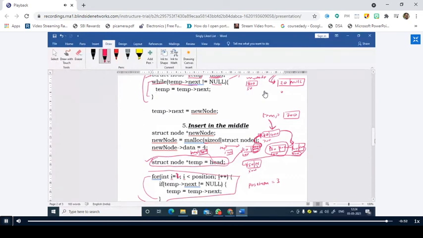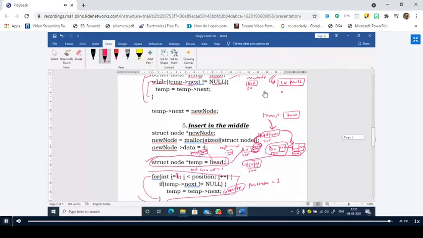Assume that there exists a count, int count is equal to 1. So at each and every step when you traverse, when you move the temporary pointer to the next one, you just make it count plus plus. And when you exit from the loop, you just print this count value. Then it gives the number of nodes in the linked list. Is it clear?